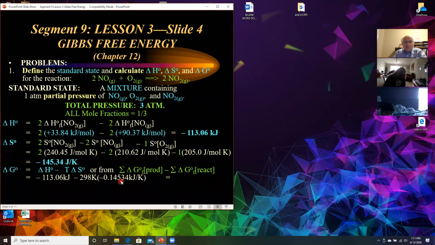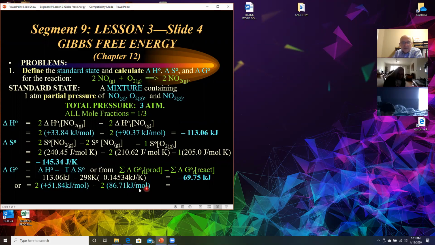So it was 145.34 joules, so that would be 0.1453 kilojoules per mole. So when I do that math, I get minus 69.75 is what I get from delta H minus T delta S. Now let's look at what we would get if we took the delta G values from